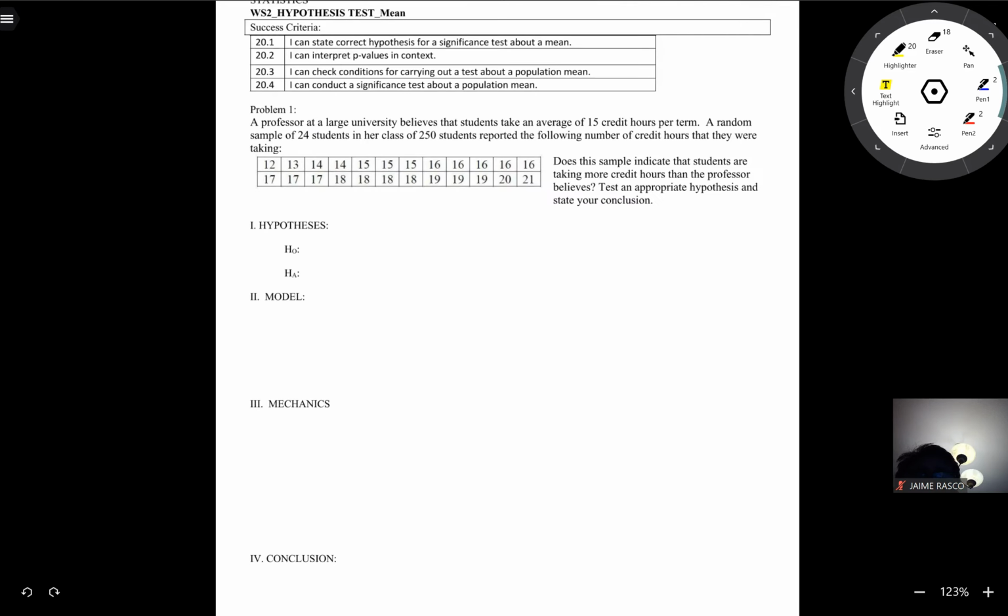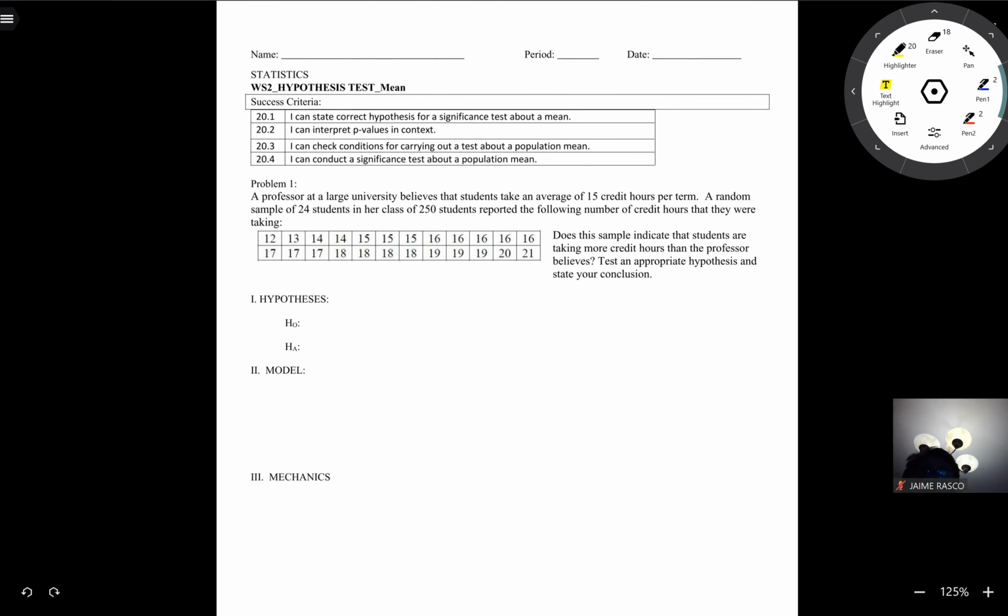Okay, this is worksheet number 2, hypothesis test for the mean, and I'm going to do problem 1. Okay, so we are given right here